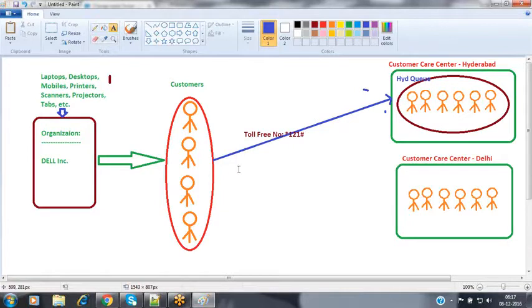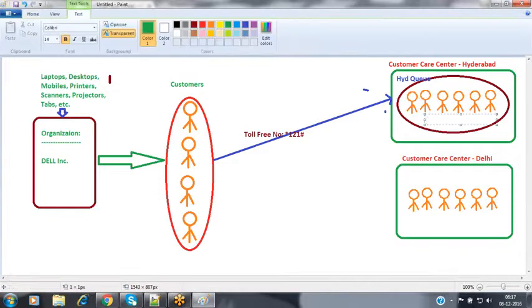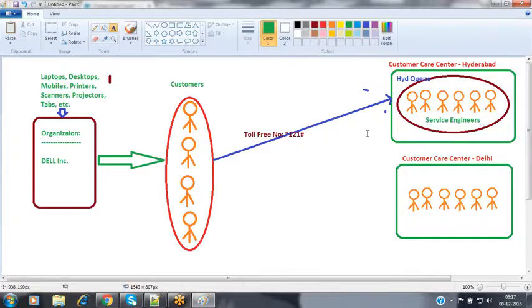In the Hyderabad service center, we have the Hyderabad queue, where a set of service engineers are available, and they resolve the customer problems.